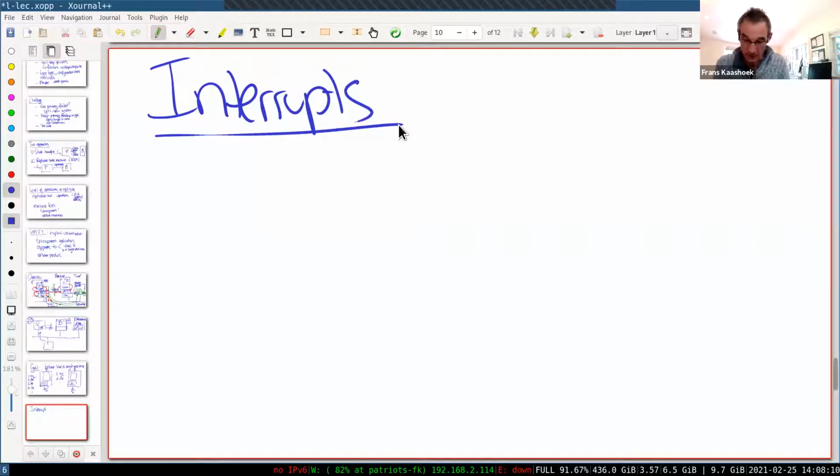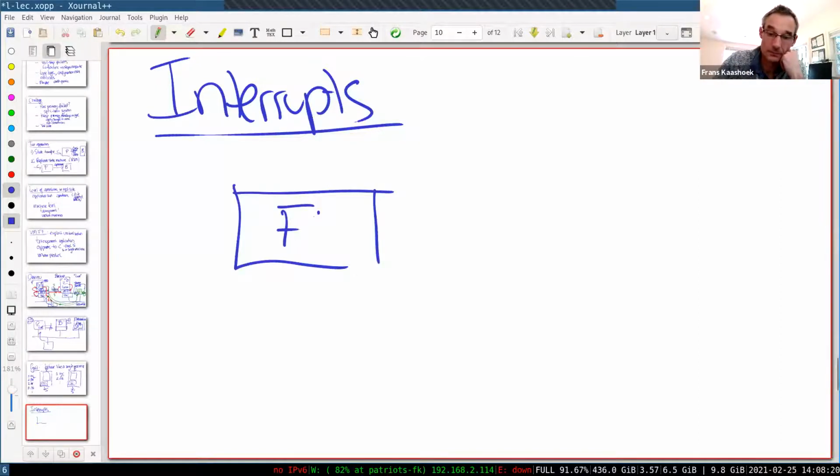Here the virtual machine sort of comes to the rescue and really helps us solve this problem. So let's say here we have our hypervisor. An interrupt happens. Now the interrupt will show up at the hypervisor, and the hypervisor knows exactly at what instruction